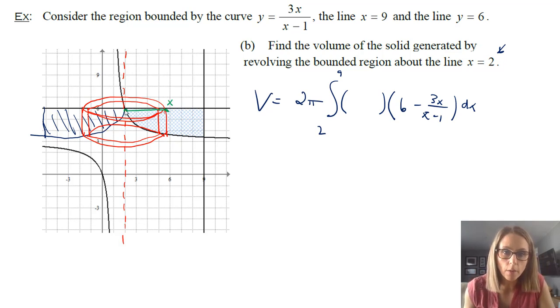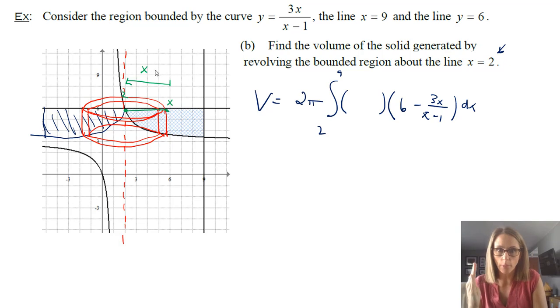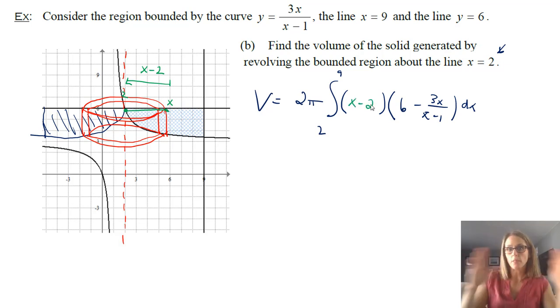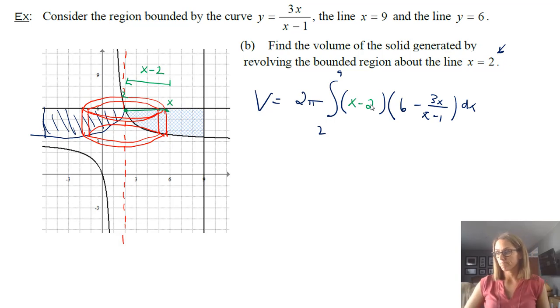And here is 2. So this radius now, if you needed to find that distance, you'd have to go, well, where am I? Well, I'm out at x somewhere. And if I subtract 2, that's going to give you that distance. And so that is the radius, and therefore the piece of information that you need for the length of your shell. So this would be the setup for this problem.